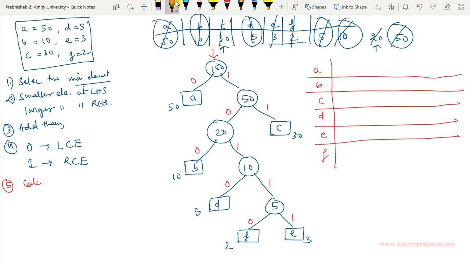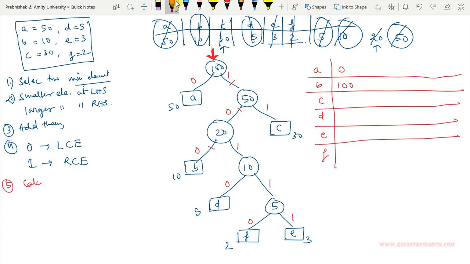Okay, so arrange all these characters in such a way, and then see from the root what path, what coding path, is required to reach each and every character. If you start from this root, how will you reach A, using which path coding? Using 0. Okay, what about B? 1 0 0 1 0 0.